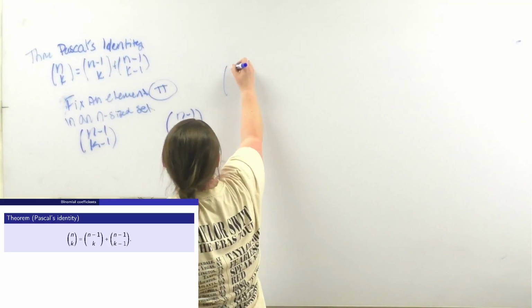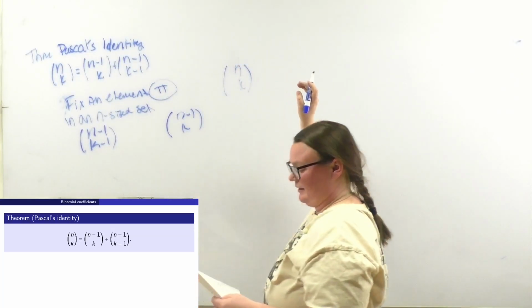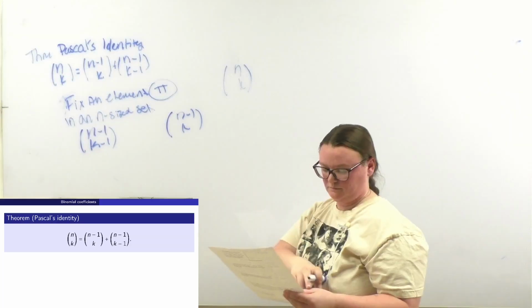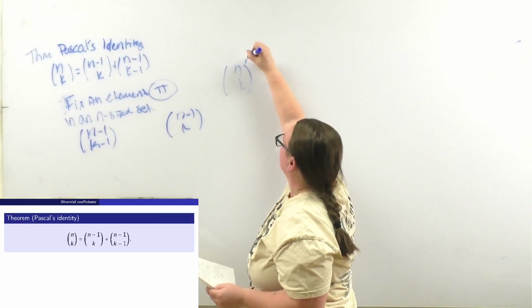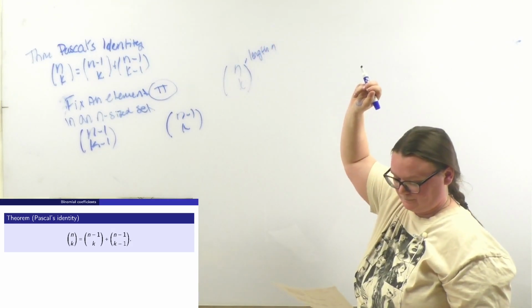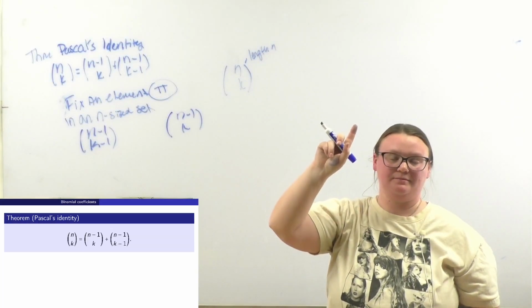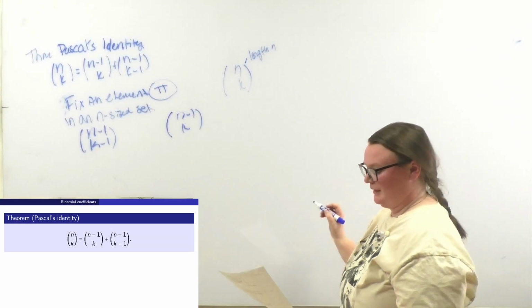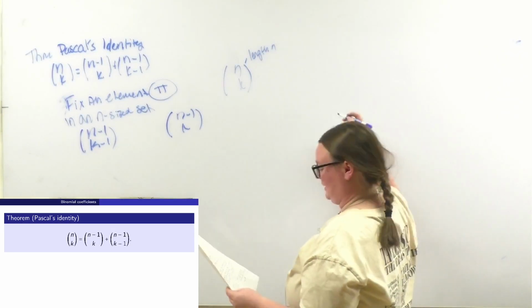So we'll have n choose k be the number of binary strings of length n. Okay. So we either have a 1 or we have a 0. Got it? All right. So then we're going to choose k 1s first. And that's going to give us